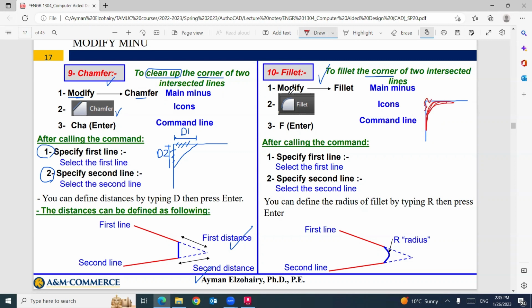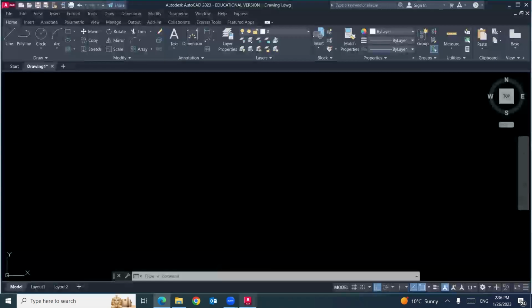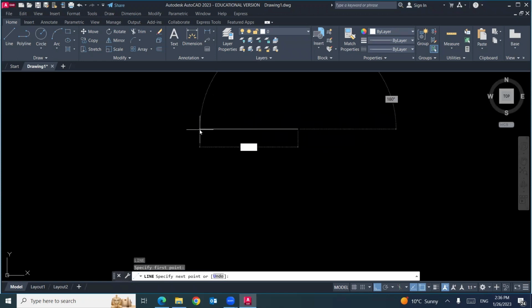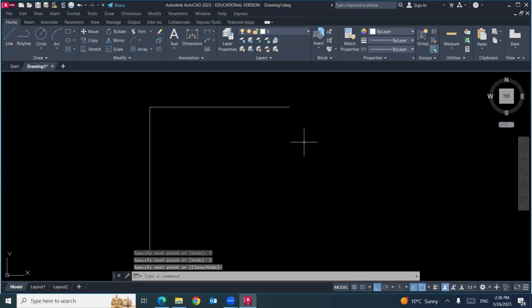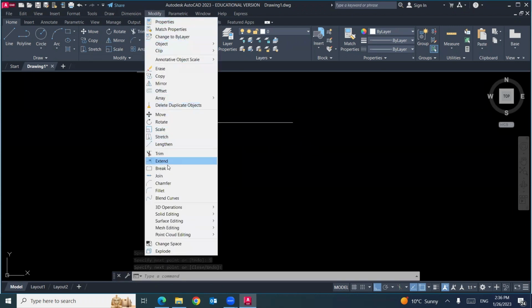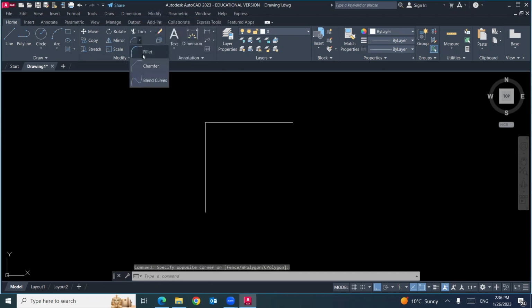You can call this command from modify, fillet, or you can get it from this little icon, or F, enter. Let's try. L, enter. I will draw horizontal line with distance 5, vertical line with distance 5.